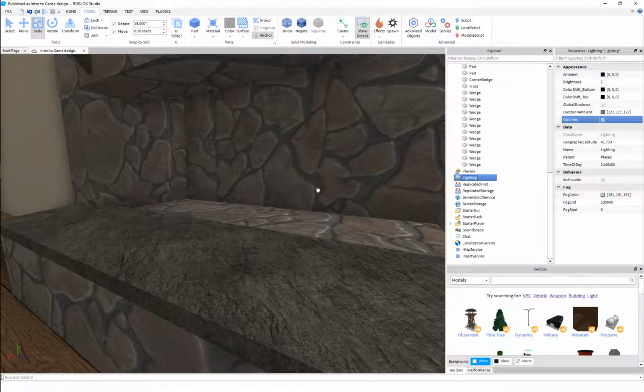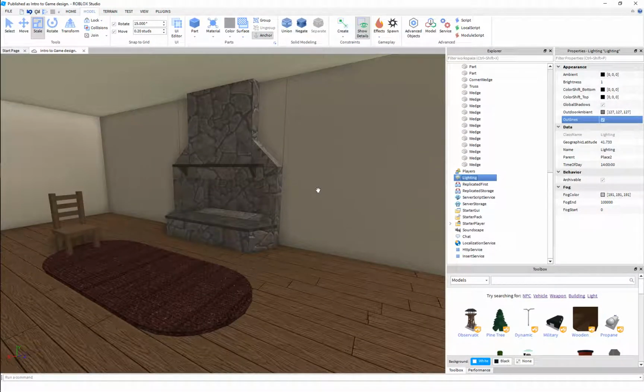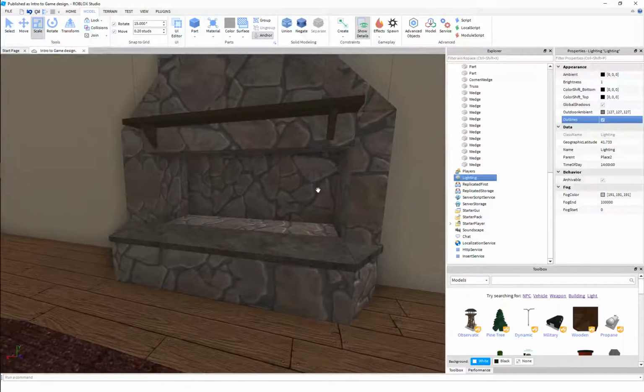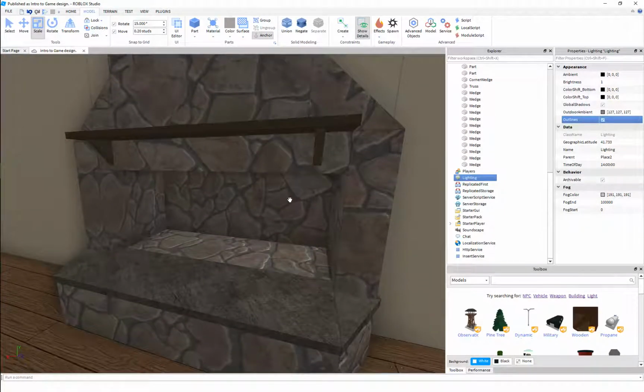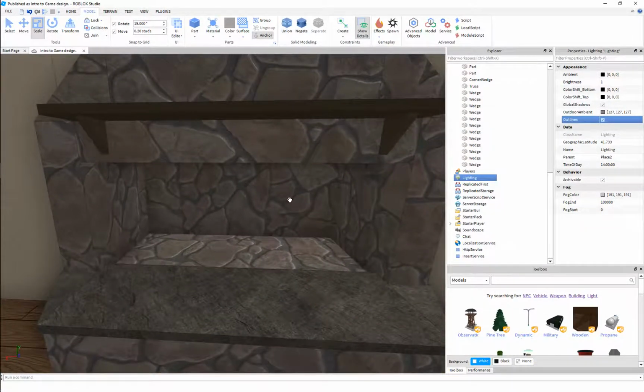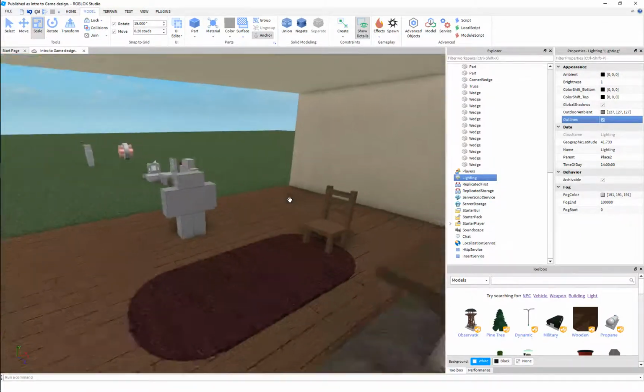Hello and welcome back. I know in my last video, if you were watching the series, you'll notice that I said that we were going to work on particles, and I would love to work on particles, but we have no fire. So, in this video, we're going to make ourselves a fireplace to put some fire in. So, let's start